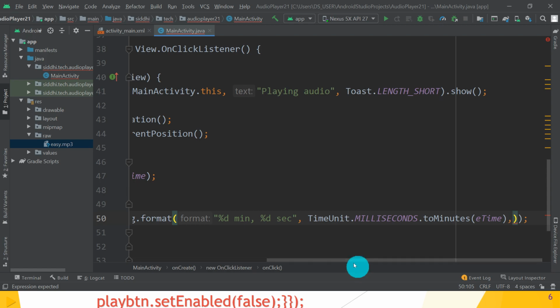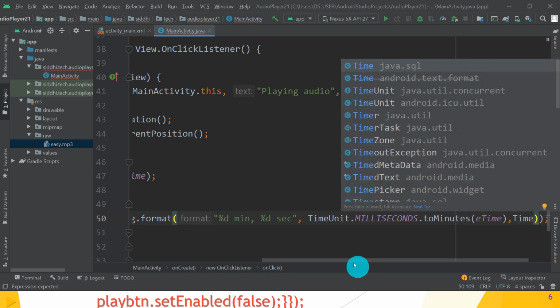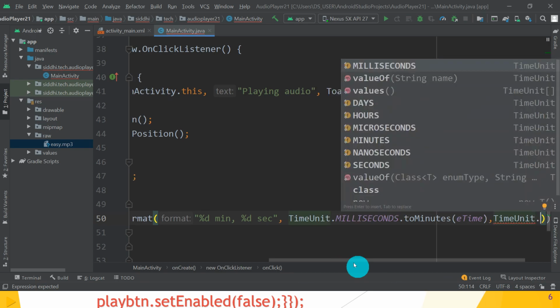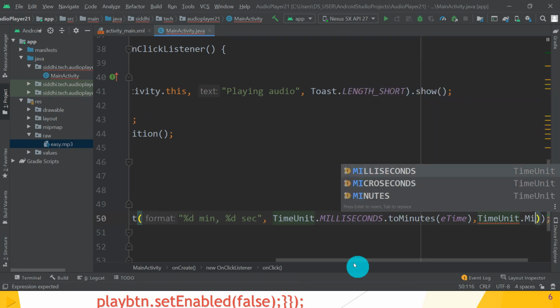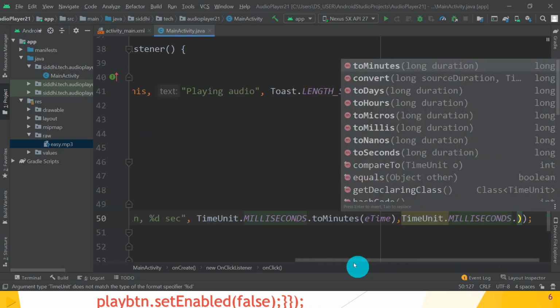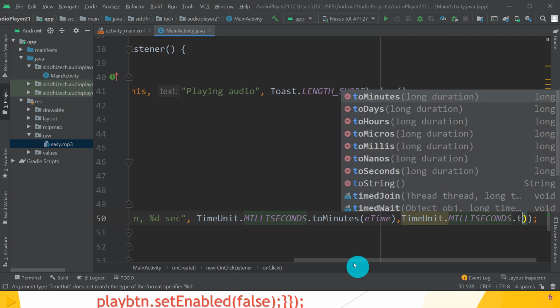Okay, so time unit dot milliseconds dot to seconds. Great.